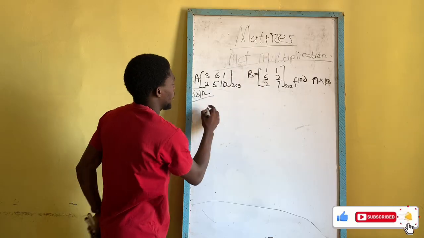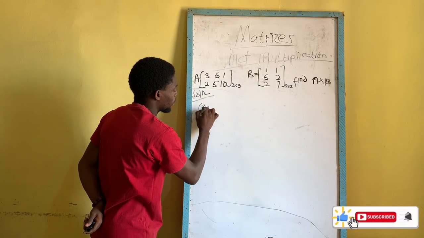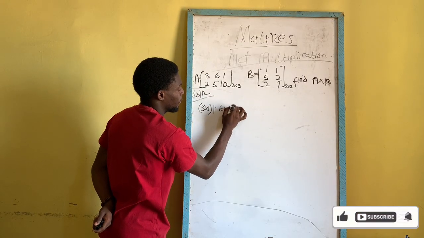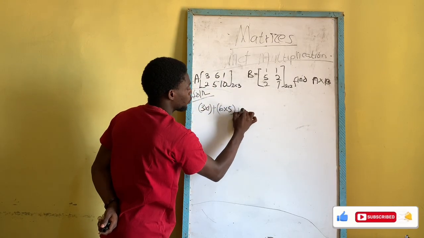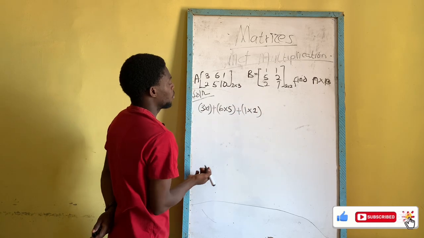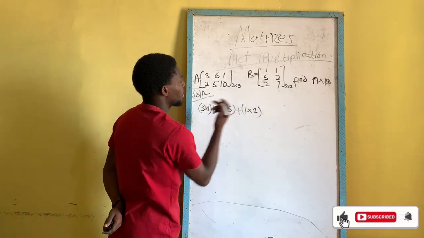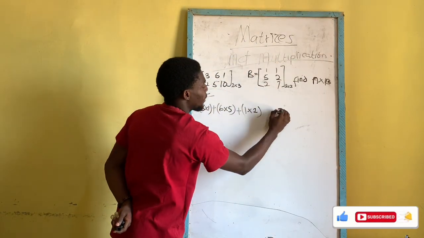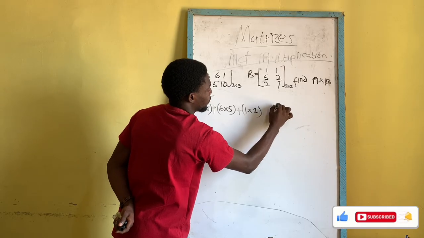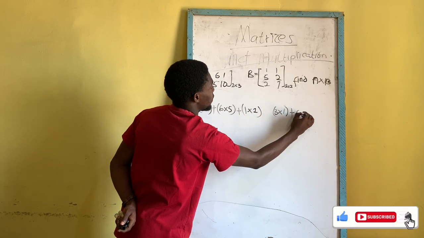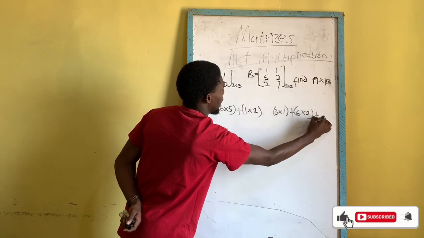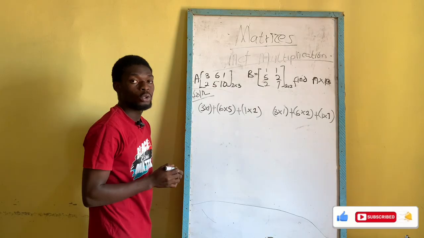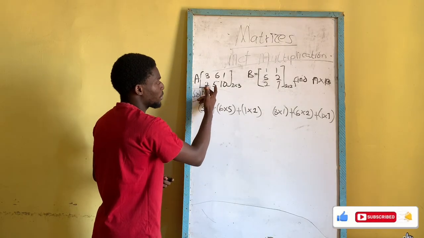We have 3 by 1. Then 6 by 5, and 1 by 2. You are done with your first element. Now let's move to the second element. We are taking the same row multiplied by the second column. So we have 3 by 1 plus 6 by 2 plus 1 by 7. We are done with the first row. Now moving to the second row, we are going to multiply the second row by